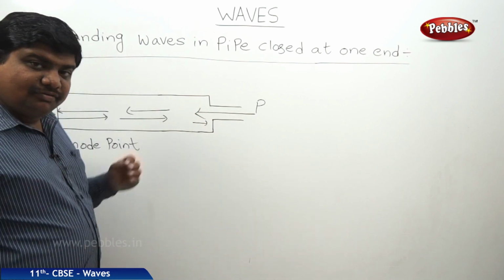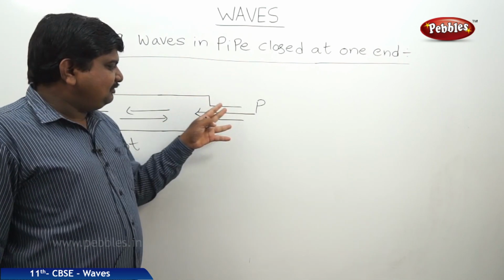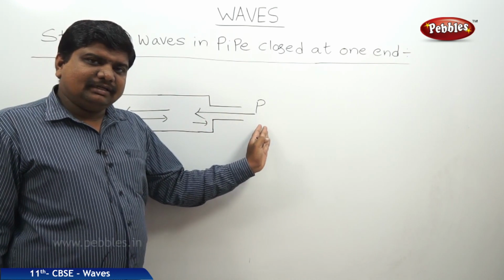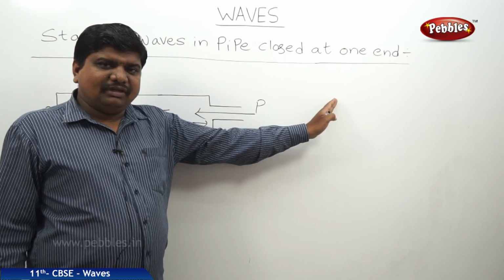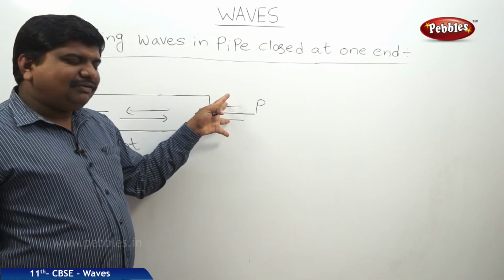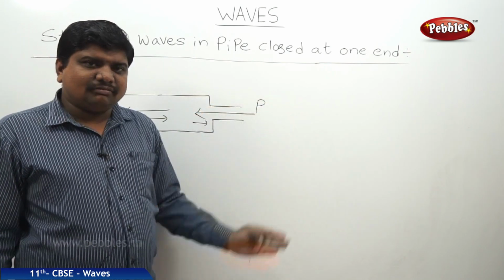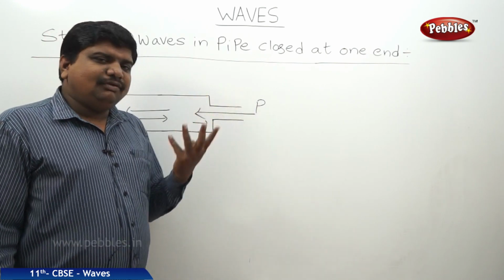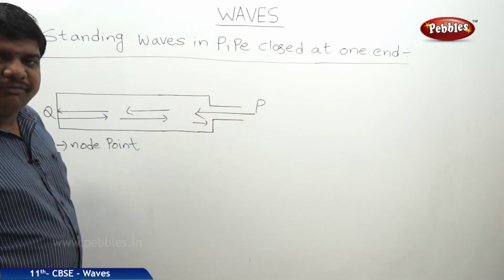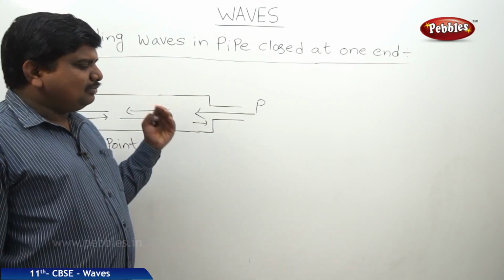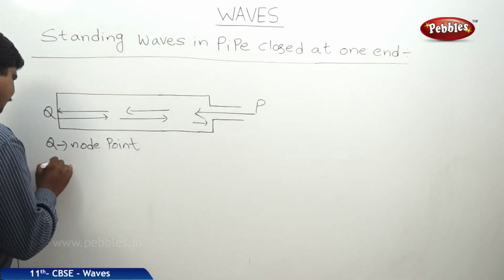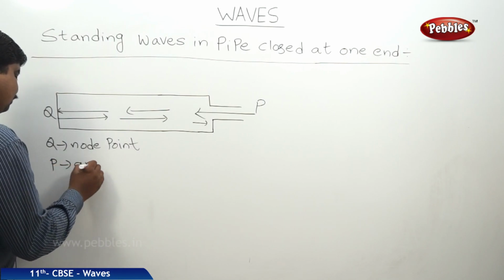This is the free end, free to move. There is a possibility for the increase in the amplitude while it is moving towards the open end. That means if a listener wants to testify the sound, he should have some amplitude-oriented sound wave propagation, otherwise he won't listen. So at free end P we can assume the amplitude should be more than the incident. That's why at P we can expect an antinode point.